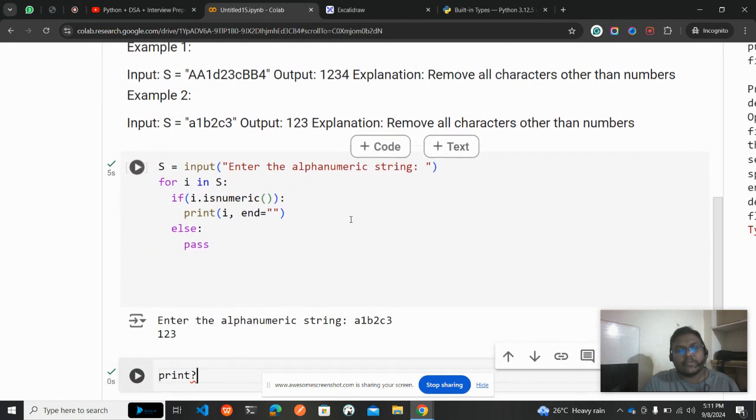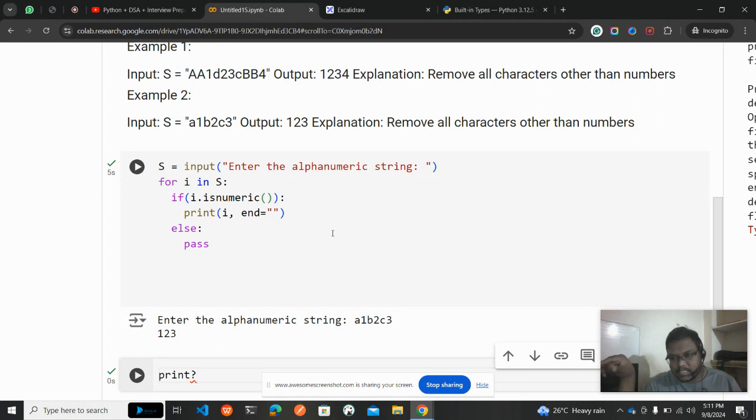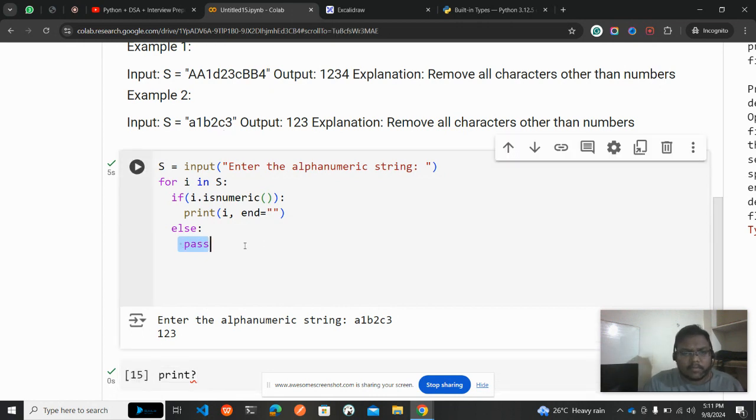Or else you can do it in such a way that you directly take a list of strings. In the strings you can mention 0 to 9, and in case the value is present in this list, then you need to print that particular value, or else you can pass. So this pass statement, if you want to know it in depth,